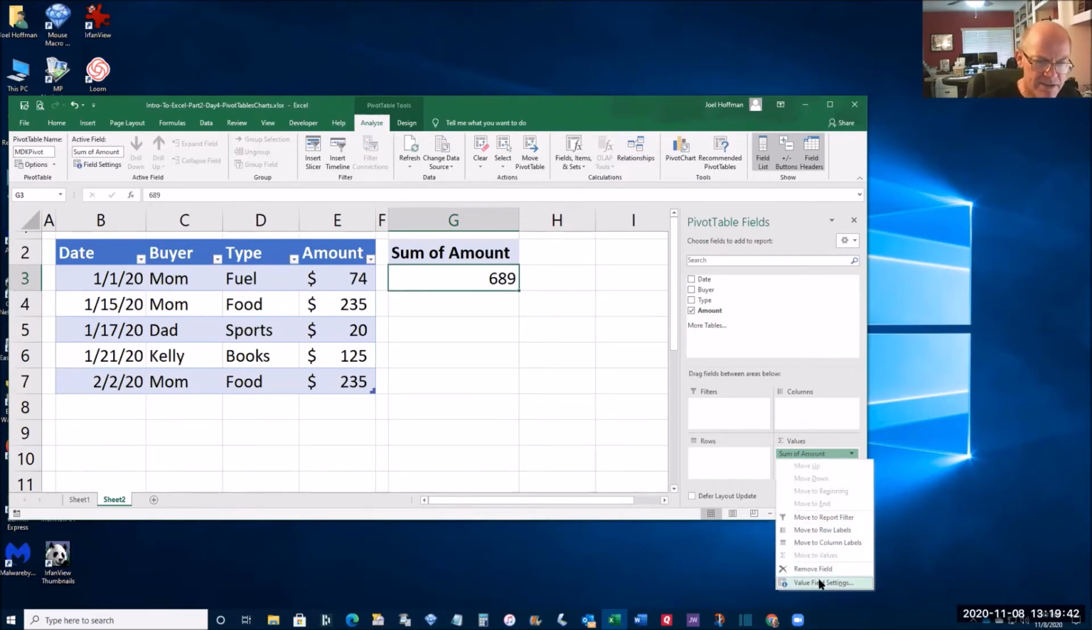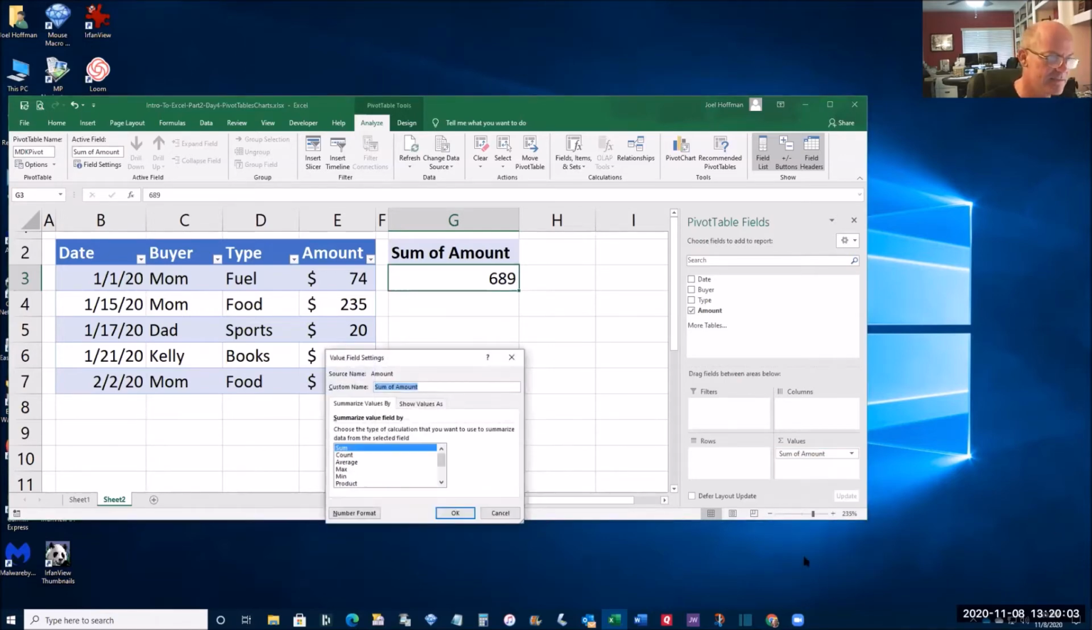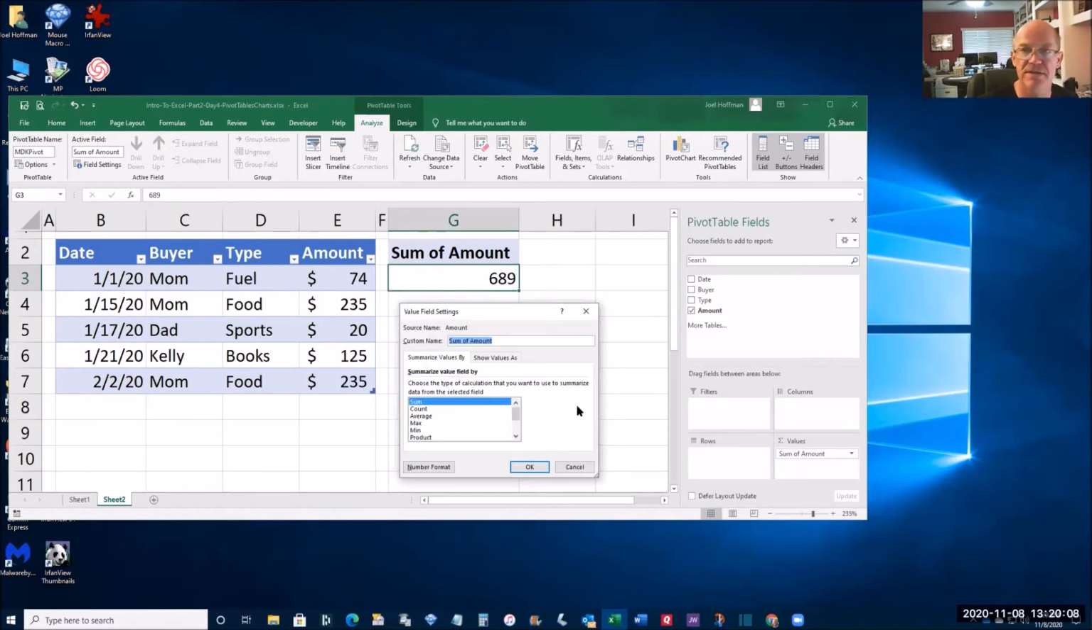And down at the bottom of this little menu is value field settings. I hope you see that on your screens, but I see that you at least see the menu opened up. If you'll go down to the bottom of that menu, you'll see value field settings. I'm going to select that. And up pops a new window that gives me options on what I want done to that field, that column